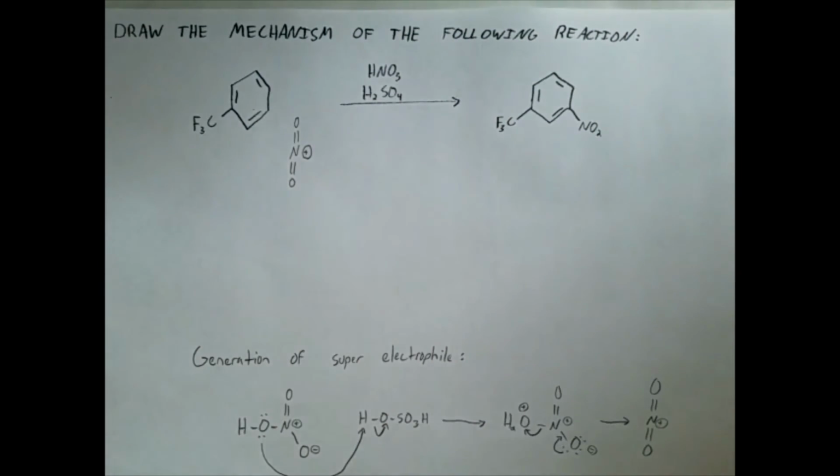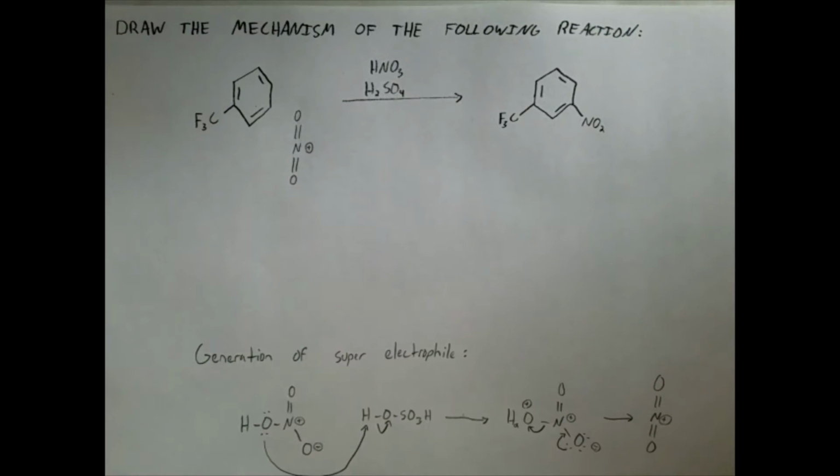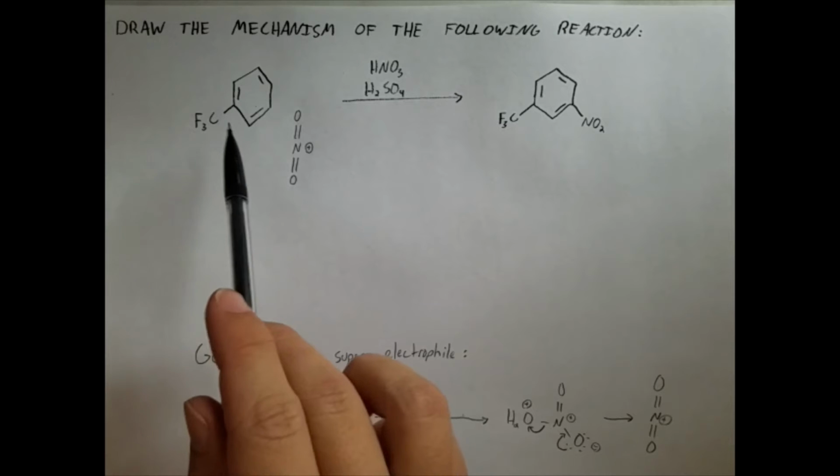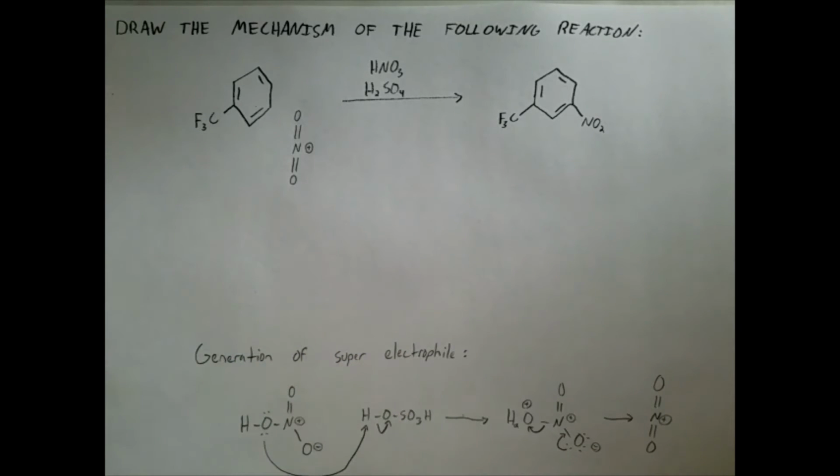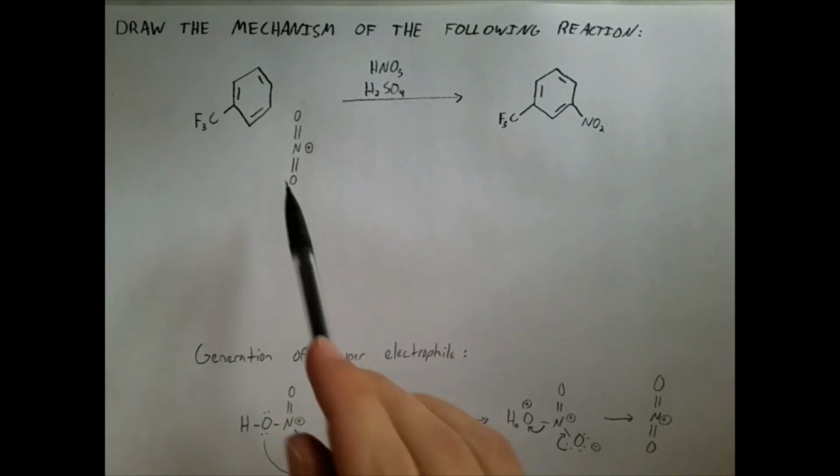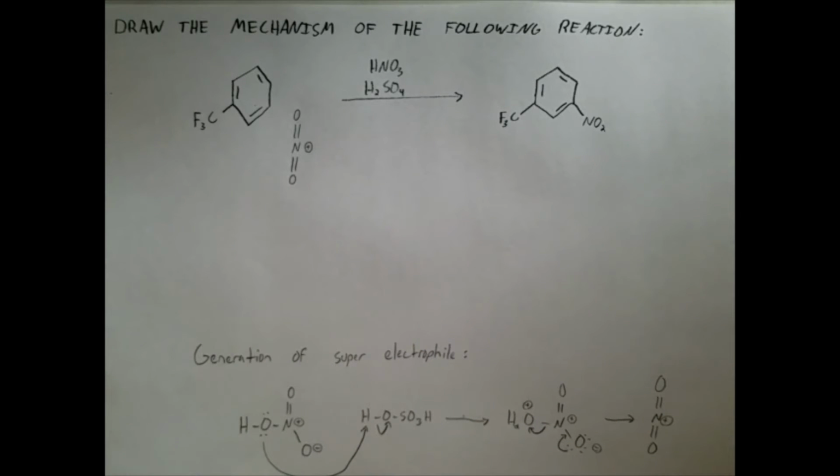And so before we go through the mechanisms, there's a few things that we need to discuss that you already know, and it has to deal with the benzene ring itself and what's attached to it. So this substituent right here is a CF3 group, and what we know is that the fluorines are really electronegative. And this electronegativity of the fluorine is going to impact how our nitronium ion is going to add to the